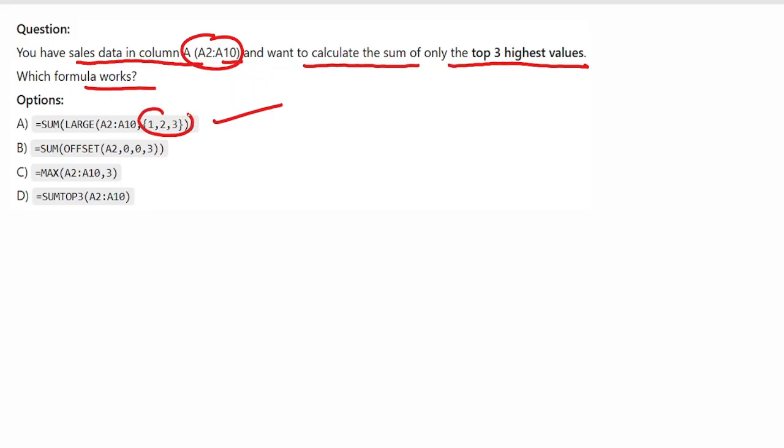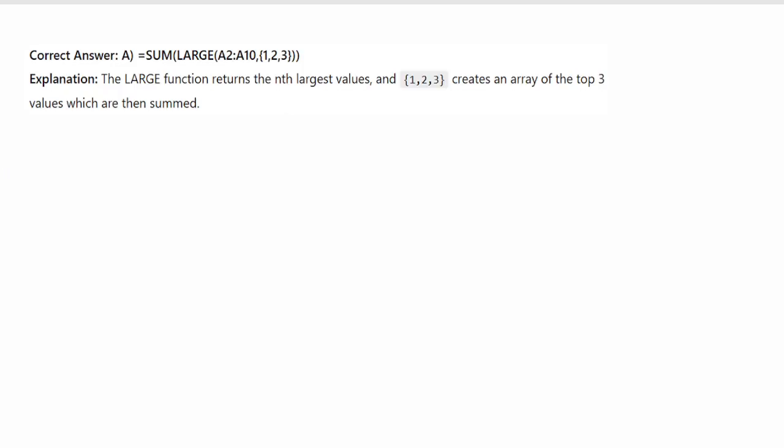It creates an array of the top three values, which are then summed to give the sum of all three highest values. So option A is the correct one. Now move to the next question.